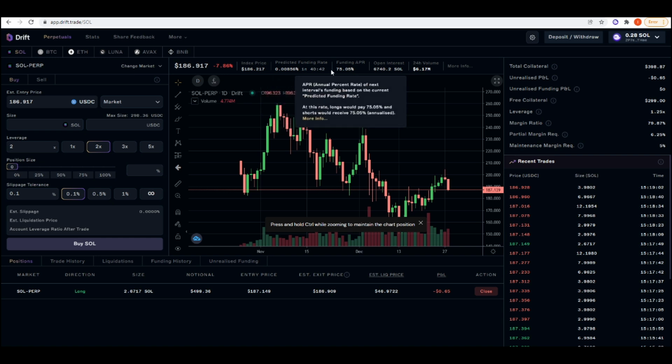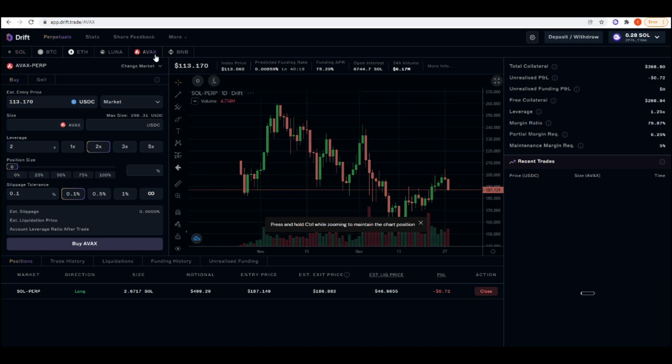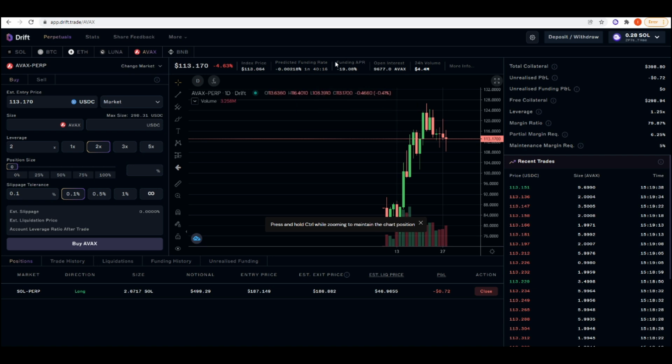And you're going to have to pay a funding rate APR in order to stay long your position. So I'm paying roughly 75.26% of my position per year in order to stay long Solana. But if we go over to something like Avalanche, the funding rate is actually negative. So you'd actually get paid to go long Avalanche perpetual futures here, because the perpetual futures price is actually below